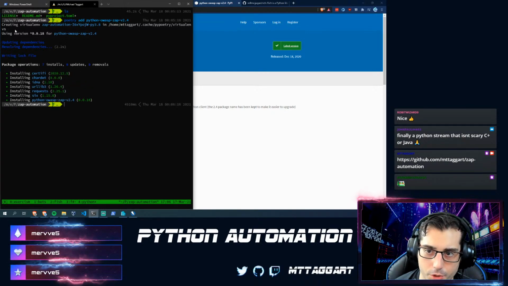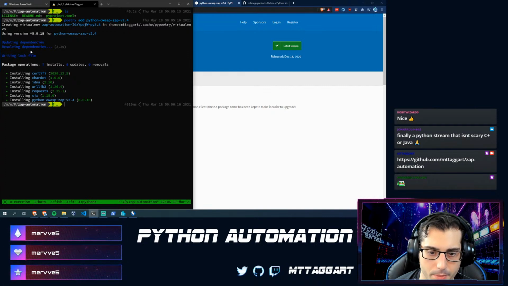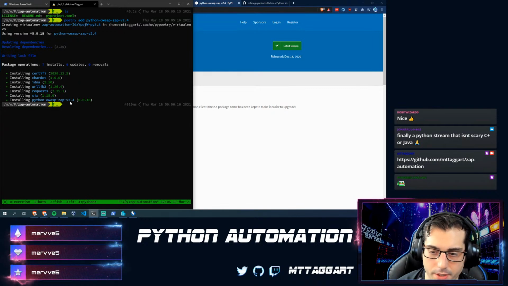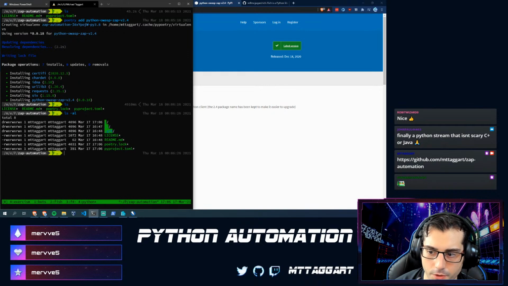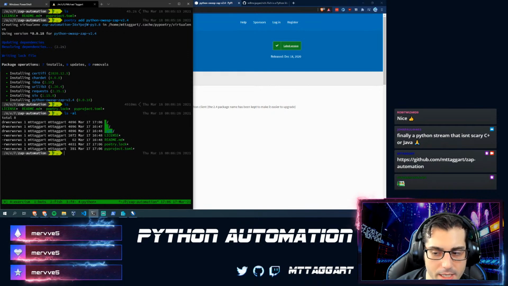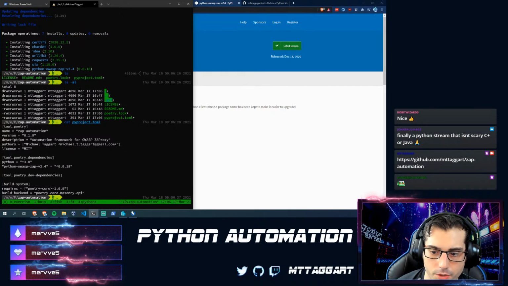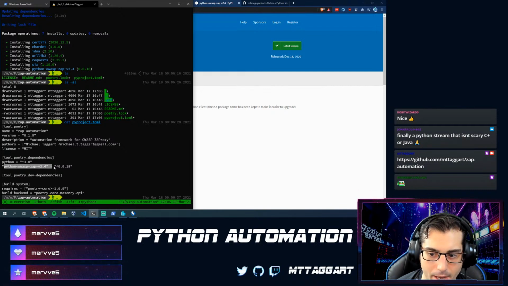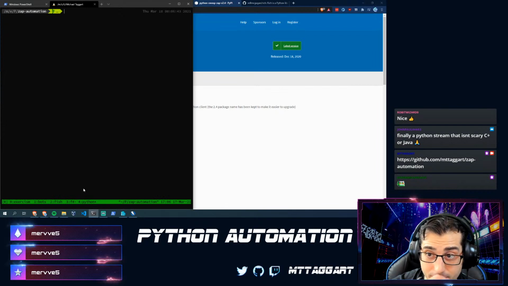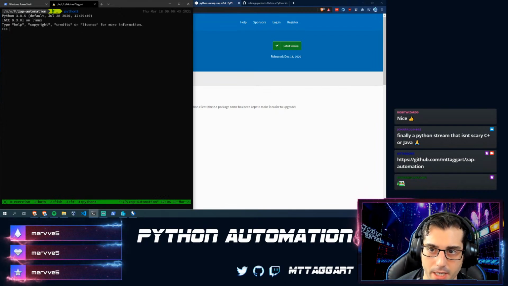So you can see it's creating a virtual env, just for the purpose of getting this going. And then you can see that it's been installed. Now, by ls here, you can see that there's nothing here, except if I cat out my pyproject.toml, you'll see that ZAP is now added to it.